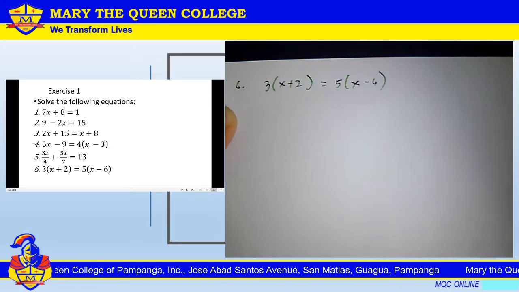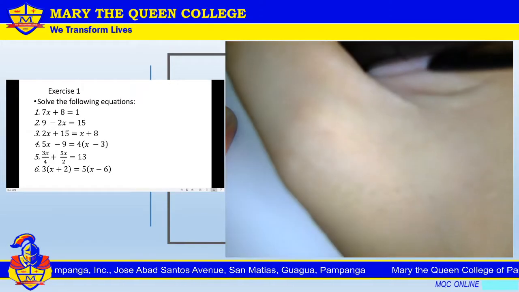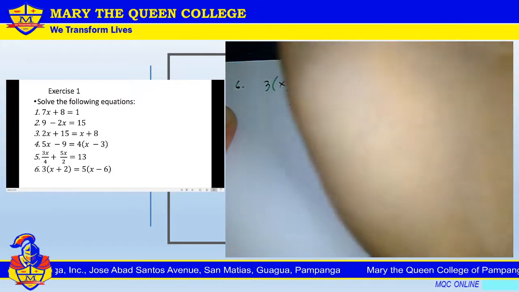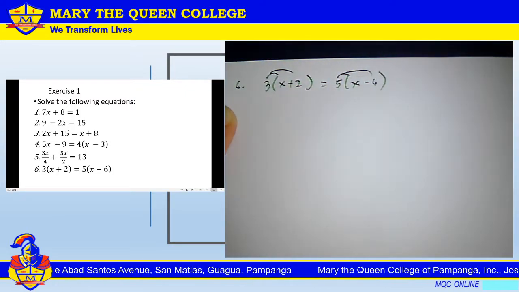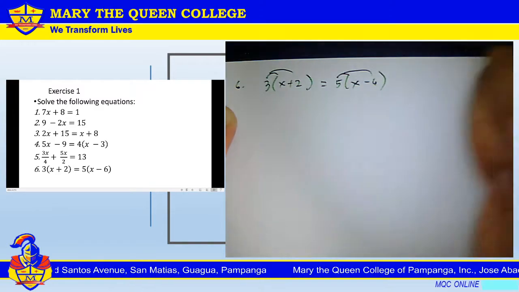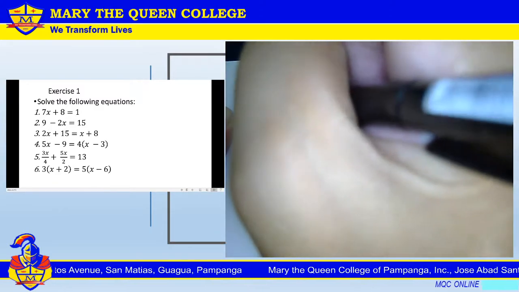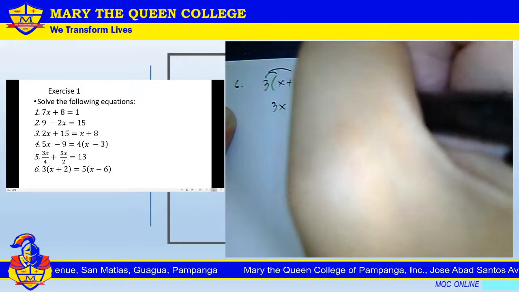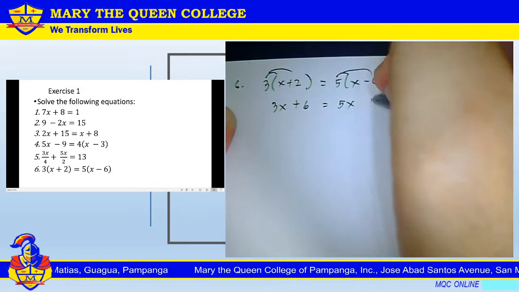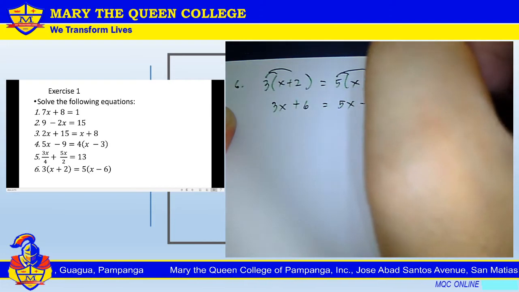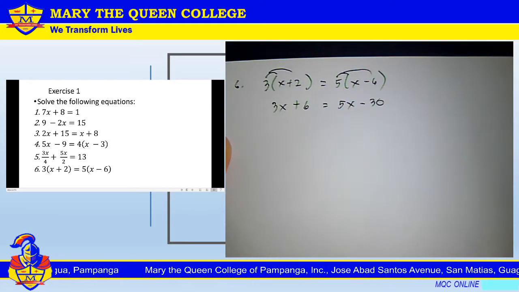Okay? So, applying the rule of PEMDAS, we can also multiply our common monomial factor outside to all the terms inside to remove the parentheses. So from here, 3 times x, that would be 3x, plus 3 times 2 is 6, 5 times x, that would be 5x, then 5 times negative 6, that is negative 30. Okay? Then,